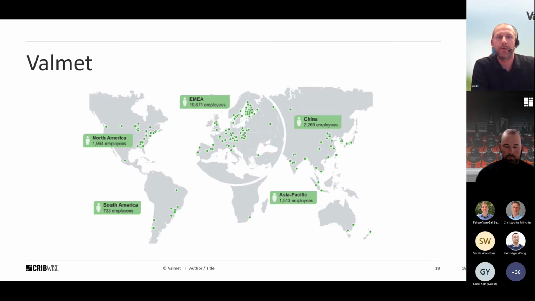And for you who have heard Valmet before, you might recognize us with tractors or forest machines, but that was in the past. Today, we are manufacturing and selling complete product lines for board, paper, and tissue machines. And in Karlstad, we are developing and manufacturing our tissue machines. We also have our pilot machine here,